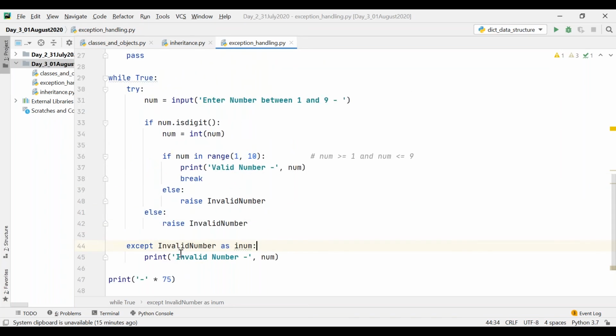Now consider this exception is implemented in so many scripts, because it's a common exception. I can implement it in any number of scripts across different projects. Now consider the client is coming back to you and saying she wants a better message whenever an invalid number is entered.